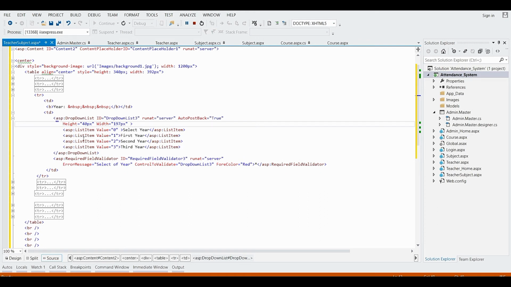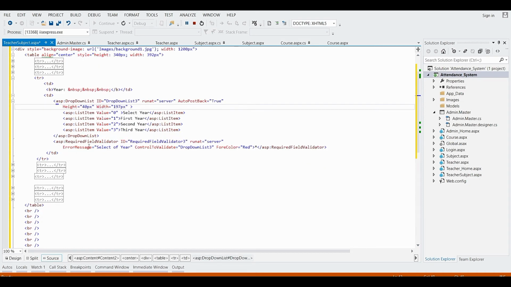Within the drop-down list, I have taken four list items: value 0, select year; value 1, first year; value 2, second year; value 3, third year. In the required field validator, I have given the error message as select year, control to validate DropDownList3, that is the ID of this drop-down list, fore color red and the text as asterisk.